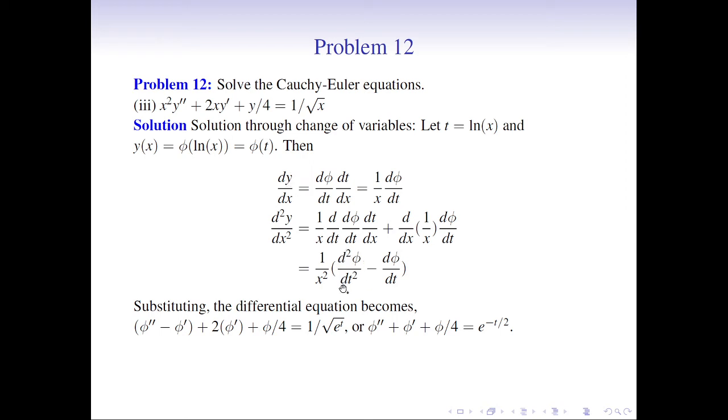Alright, so we have it here, and that would just be phi double prime minus phi prime plus 2 times x into y prime. So x into y prime would just be d phi by dt, so we have a phi prime here, and plus we are replacing y by phi, so here it should just be phi upon 4, and here we have this x. So x should be converted in the form of t.